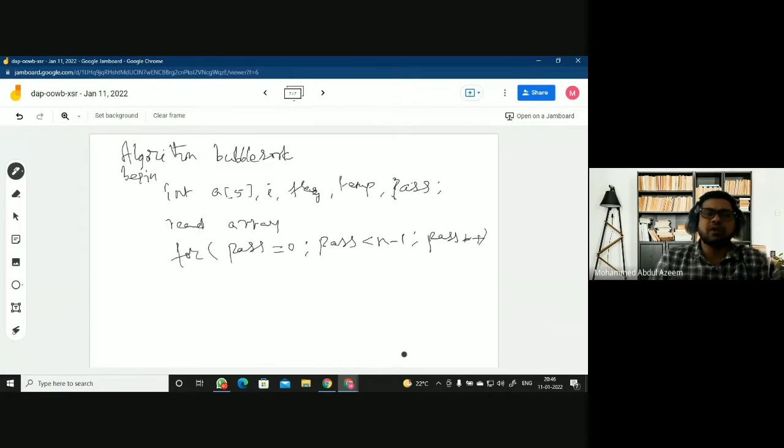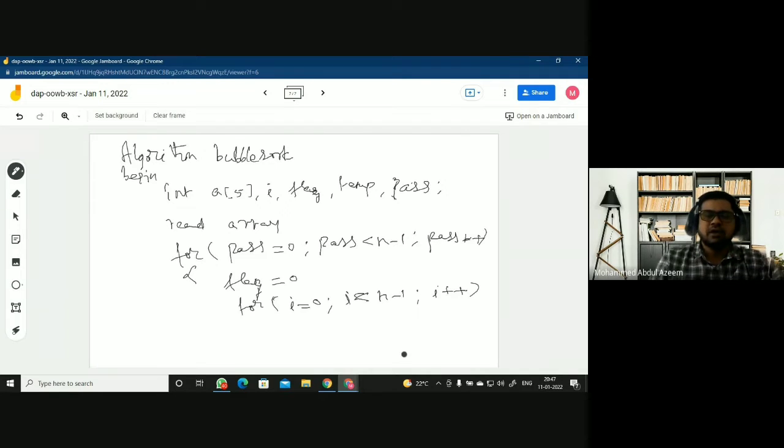So in this for loop, what I do is I'll take this flag value to 0 first before I go for the pass, and then I will perform the pass. During the pass, I'm using the i variable to compare the previous with the next, and how long I should go: up to n minus 1. For the last couple of elements, I should go up to n minus 2. N minus 2 will be the last but one, and n minus 1 will be the last, right? So if I start with 0, it should go till less than n minus 1, i plus plus here.